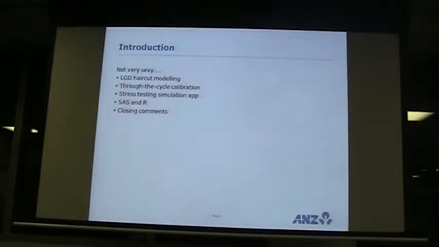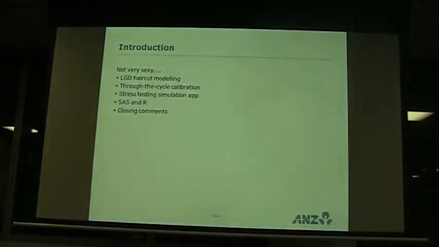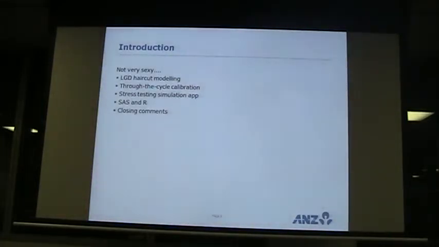There won't be any talk on portfolio optimization or credit scoring or anything that might be a classic type of problem. But these are more, I guess, second order type problems that might pop up in the course of analysis that I do. So I'm just going to be talking about some of the projects that I've used R for, maybe with some emphasis on some of the syntax or language tricks that I've used. Maybe people might be interested in them. And I'll also be touching a bit on SAS. You can't get away from SAS in a large company. And yeah, I guess I'll close with some things.